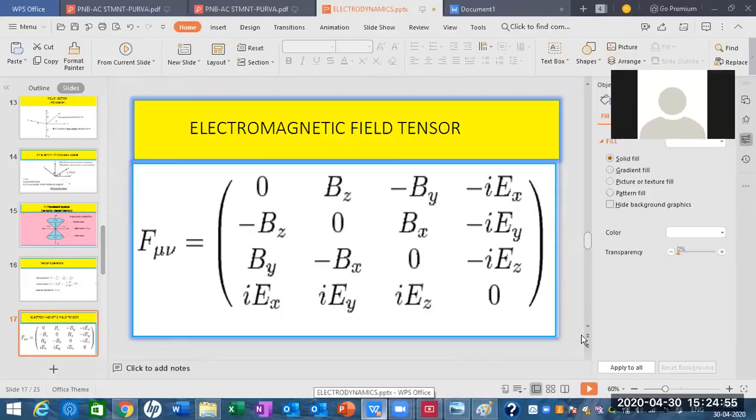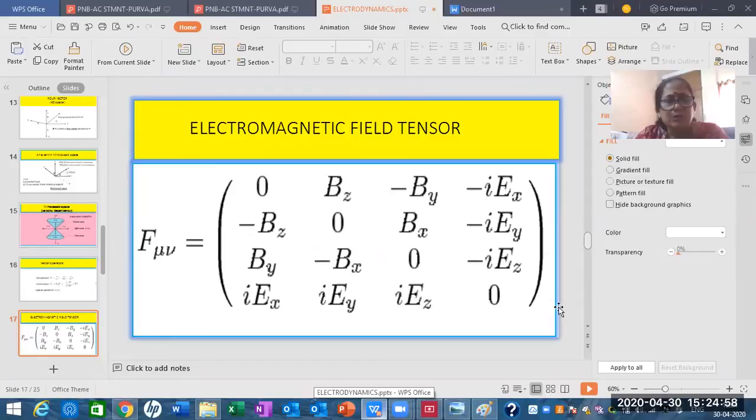Okay, fine. So now we'll go to tensor calculus. This is actually called tensor calculus. So what is a tensor? You can see here I have written it in a matrix format. It is a 4 by 4 matrix. But there are different types of elements. You see here, these are the diagonal elements. Diagonal elements are all made 0. This is the lower triangular matrix, and this one is the upper triangular matrix, from here to here. Why is it called lower triangle? It resembles a triangle in the lower side of the matrix. This is a triangle in the upper side.